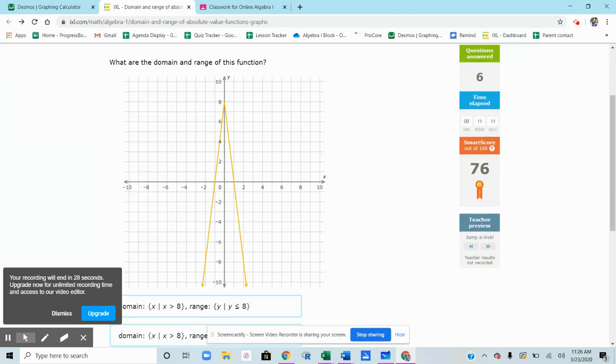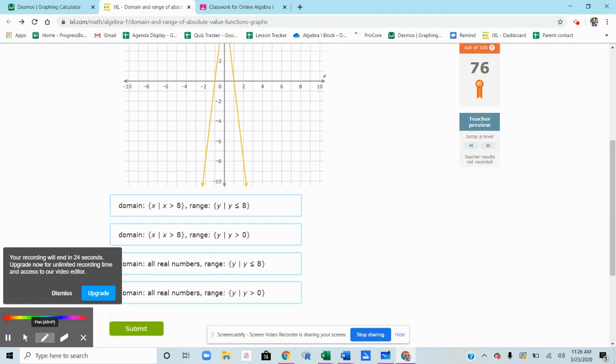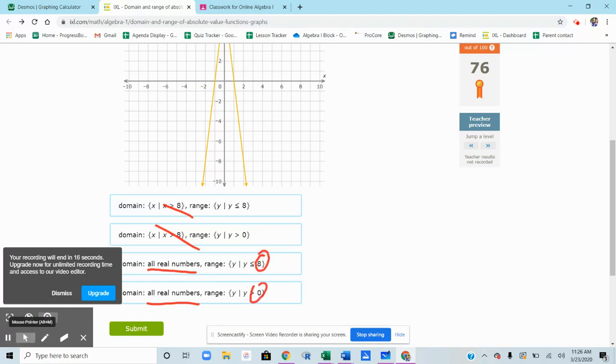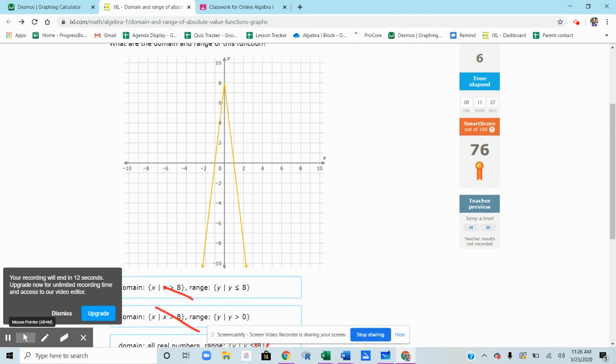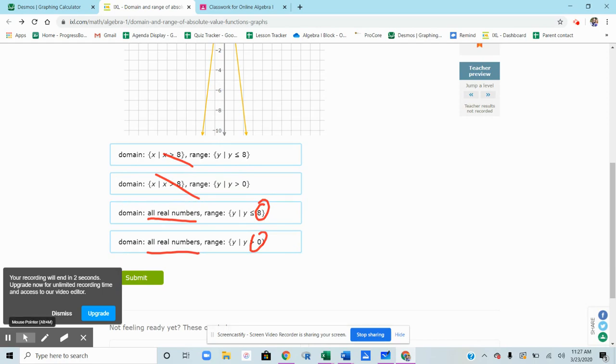Last one, domain and range. Domain has to be all real numbers. Goes left forever and it goes right forever. Your range, this time there's a difference between the values. So if we come back up here, is it 8 or is it 0? Well, do we start at y being 0? Or do we start at y being 8? We start at 8, which means your answer should be